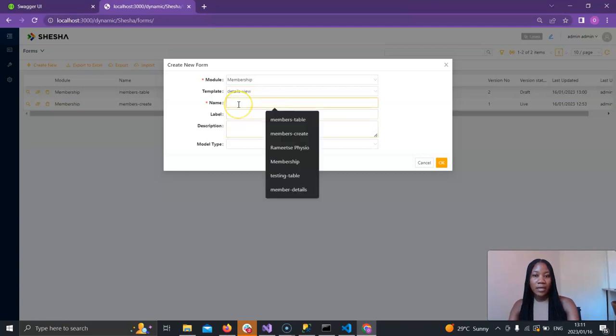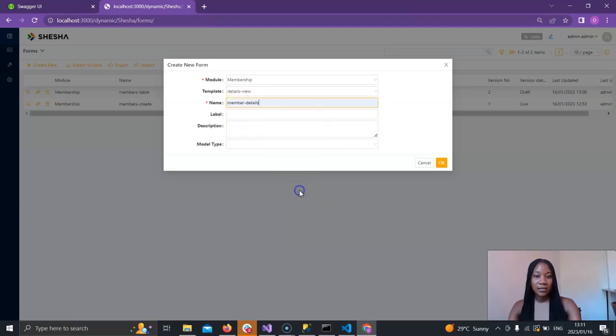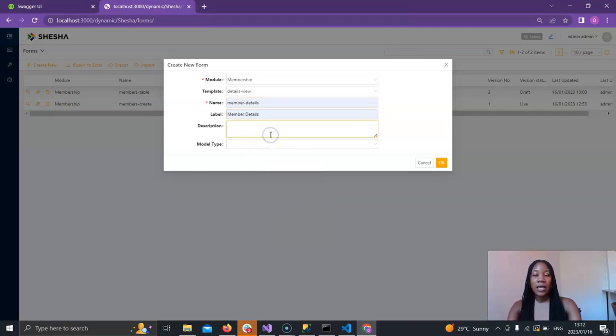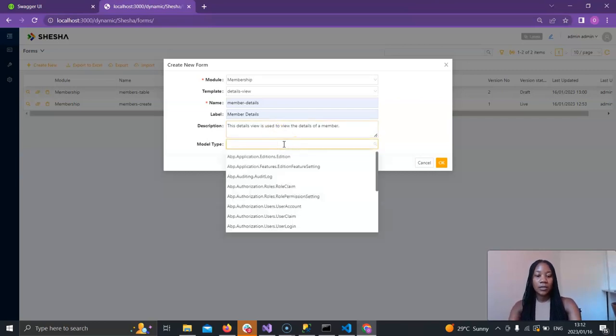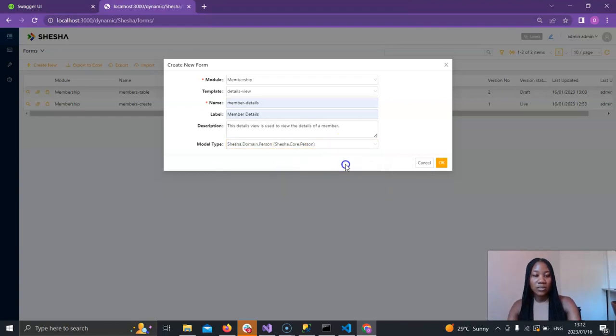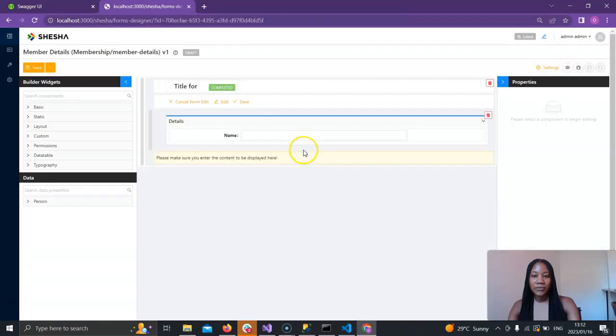Details view, a name of member details, a label of member details, again with the naming convention, and a description of this details view is used to view the details of a member. Great. So we can go ahead and also select a model type of person because we want to query from the person table, and then click on OK to create the form and be redirected to the